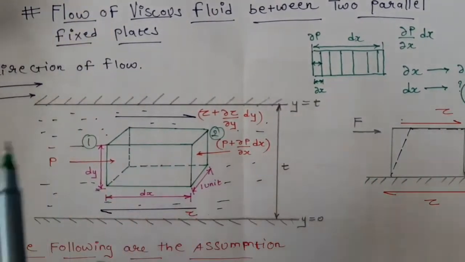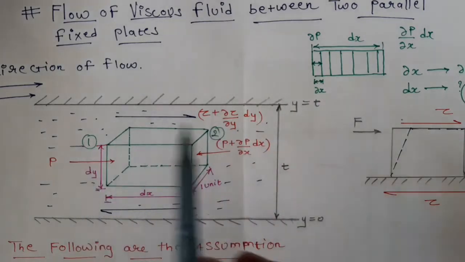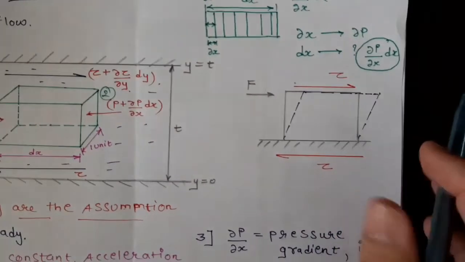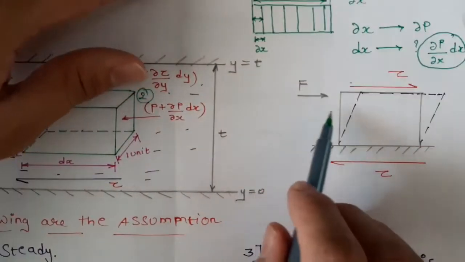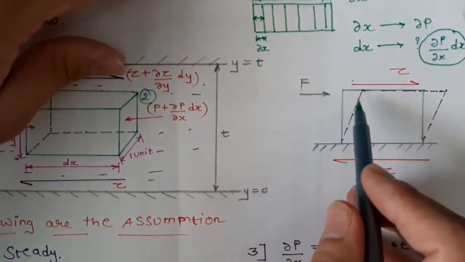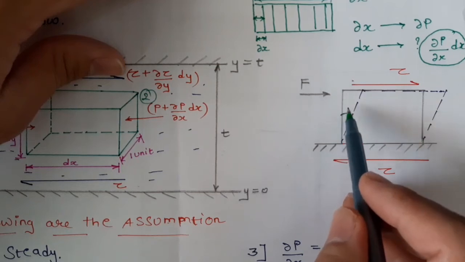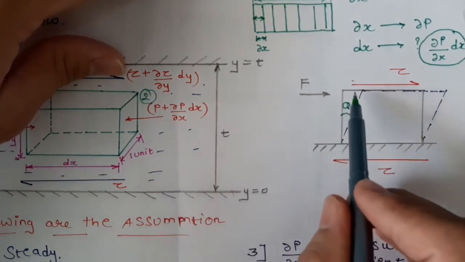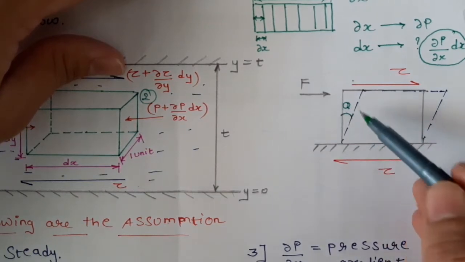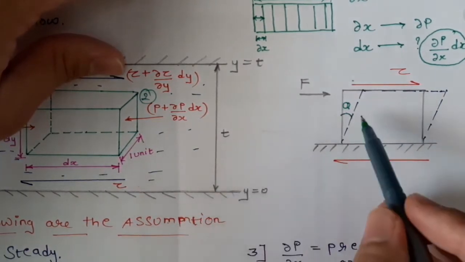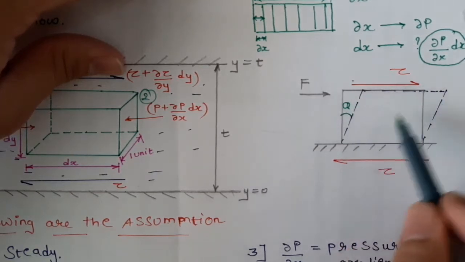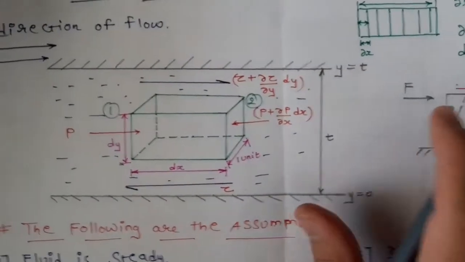Now, as the fluid is viscous, there will be a viscous force also. As we studied in the fundamentals of machine design, if we apply a force to a rectangular element or any element like this, then this element will deform by an angle theta. That means there will be a shear stress in the positive x direction and a shear stress which opposes this deformation in the negative x direction. These shear stresses are opposite in direction and always act on the surface. The same concept will apply here.